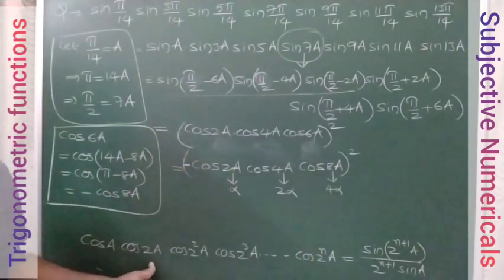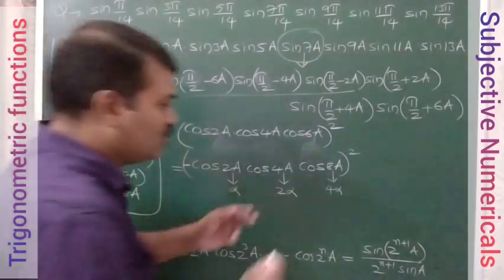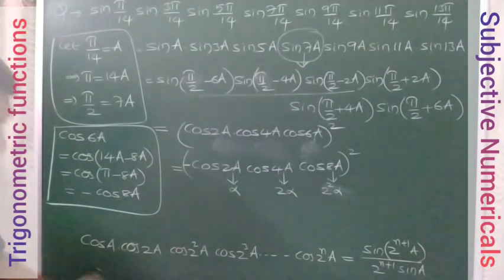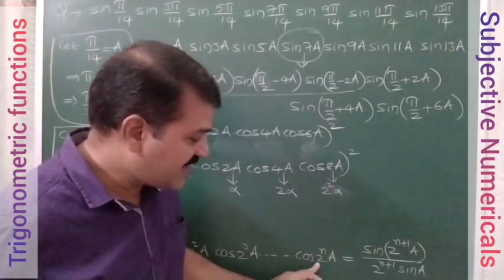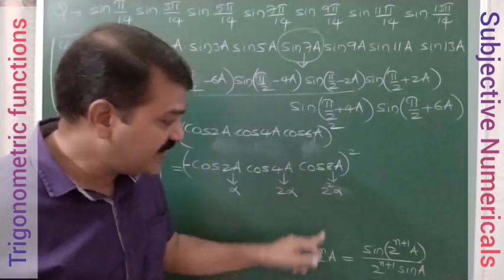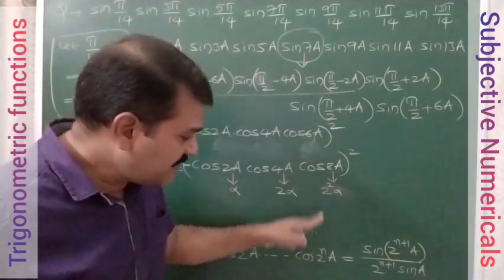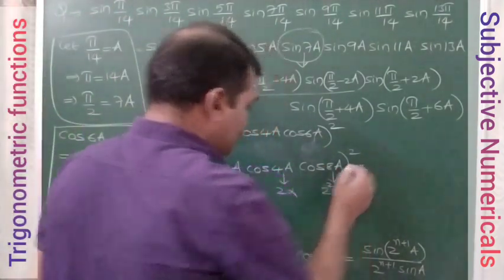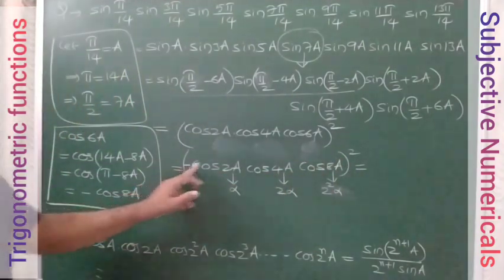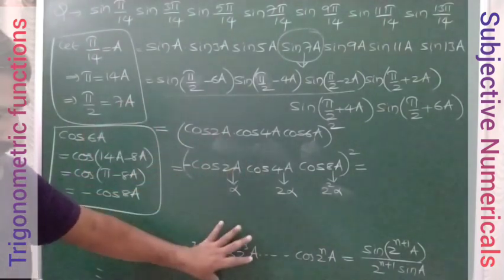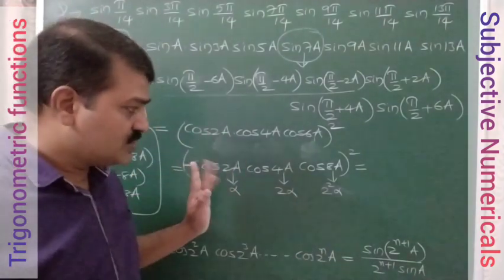Now if you take this 2a as alpha, 4a becomes 2 alpha, 8a becomes 4 alpha. You have this pattern now: alpha, 2 alpha, 2 square alpha at the last. So you can apply the formula now. 2 power n a is the last term. So in place of 2 power n you have 2 square. So n is 2 when you are applying the formula. When you apply the formula, the minus can be eliminated because we have a whole square here. No need of writing minus in the next step. So I am trying to apply the formula. n is 2.